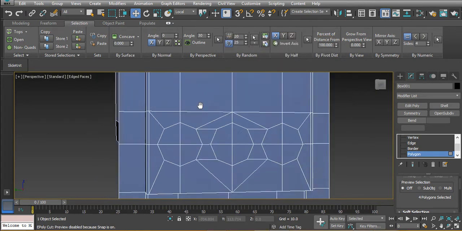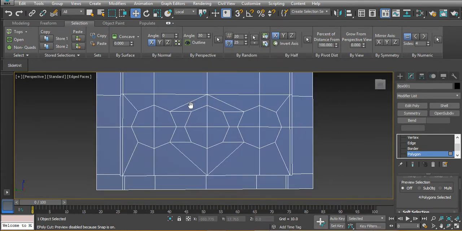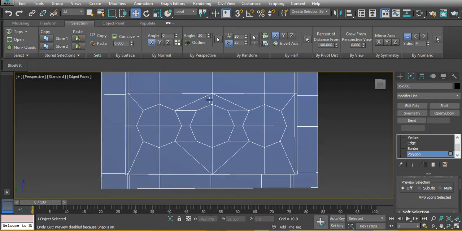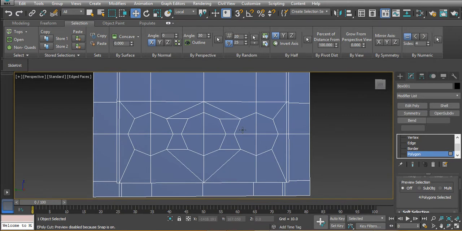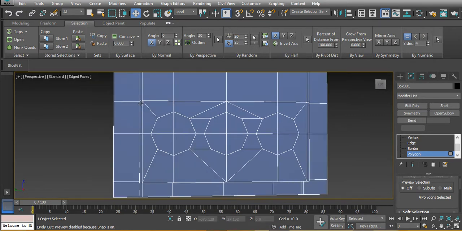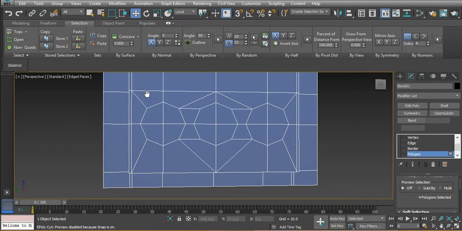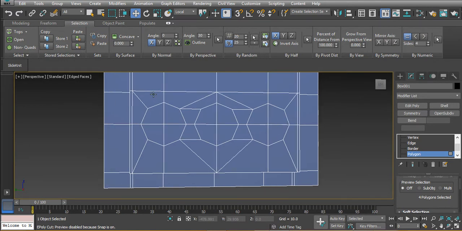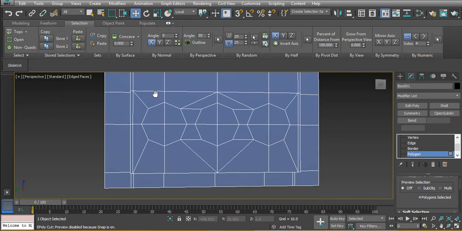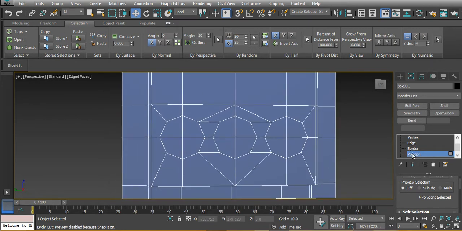Sometimes while working in 3ds Max, you're sure that there are no non-quads in your 3D model, but actually there are some non-quads. So how can you find those non-quads in your model? Actually, there is a neat way of doing that in 3ds Max, and for that you have to be in polygon mode, and then you open up your modeling ribbon, and in the selection tab you click on non-quads,